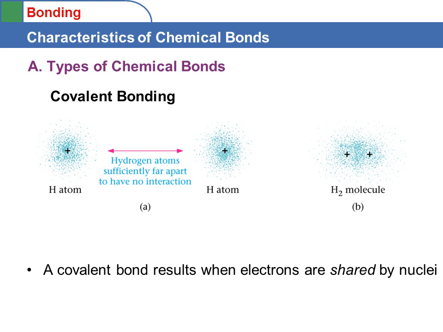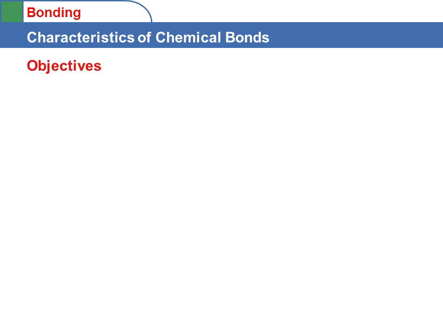So a covalent bond results when electrons are shared by